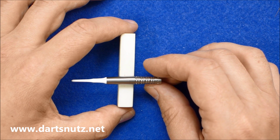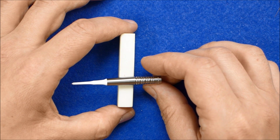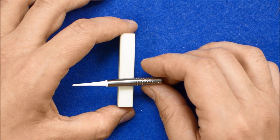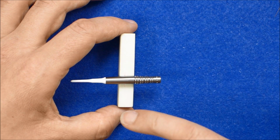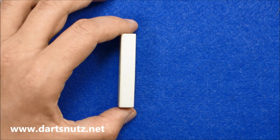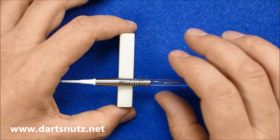The only problem is it's got a little bit of a taper there, so it's a bit hard to balance exactly. But yeah, it just moves a little bit, but it's still around here, so just in front of the ring still, and with the supplied setup,